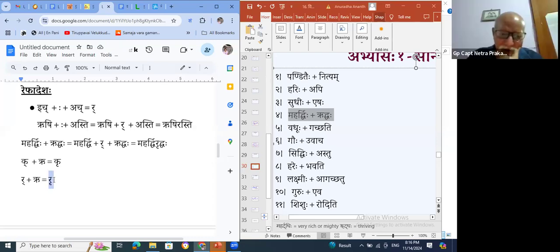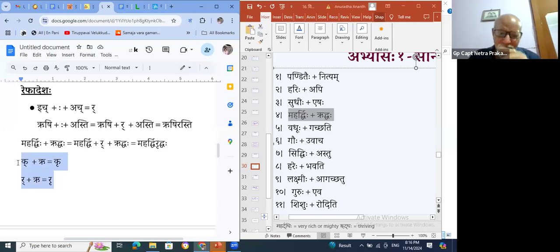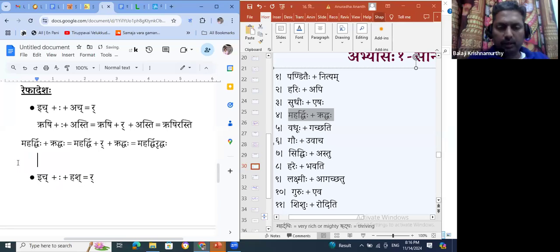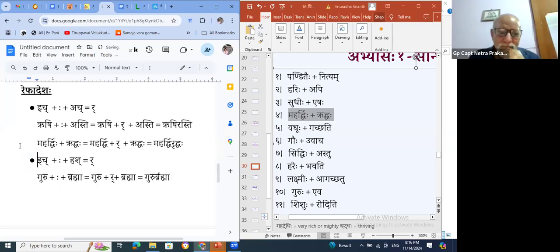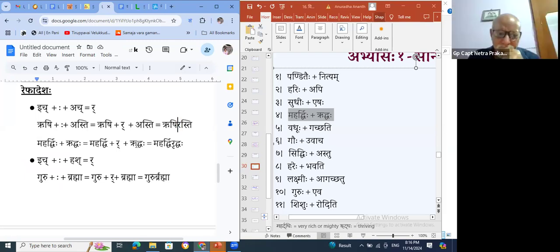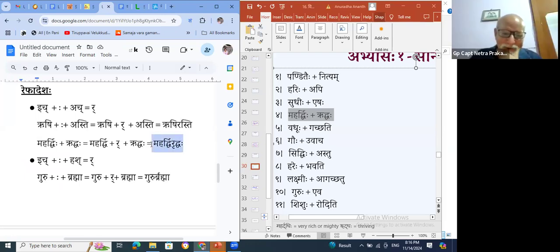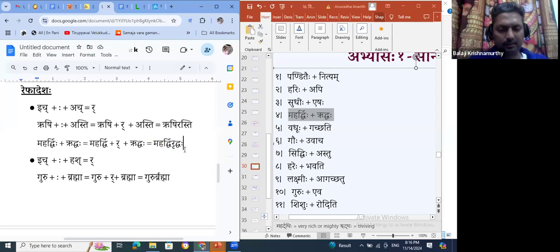Rear. R. Rear. Very difficult to say. So, Mahardir, Mahardir Riddha. Right, ma'am. This is pronouncing perfectly okay. Mahardir Riddha. In the previous example, we don't write the ir on top of a. We say ra. Asti, rasti. Here, R plus a has become ra. But R plus R has become this. Don't ask me to pronounce. Mahardir Riddha.